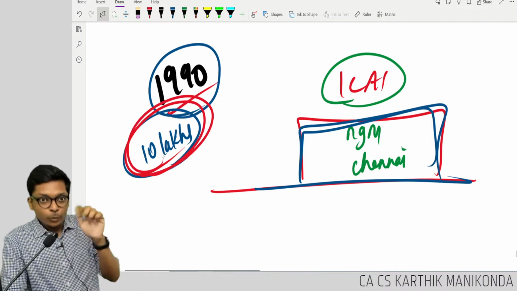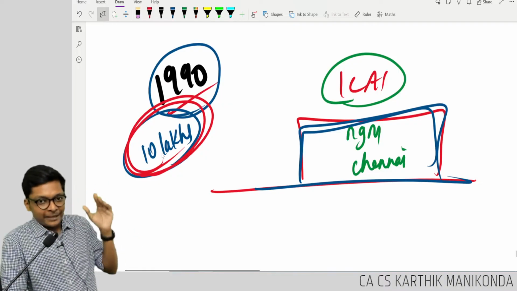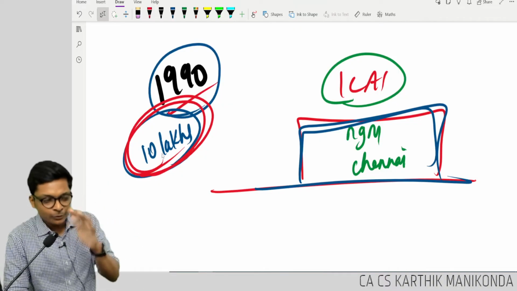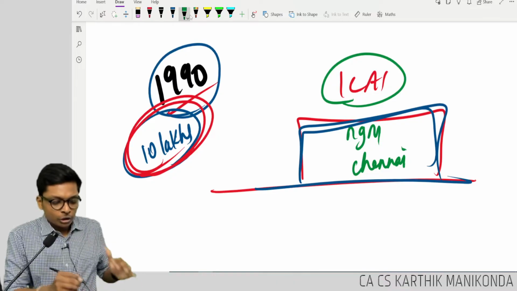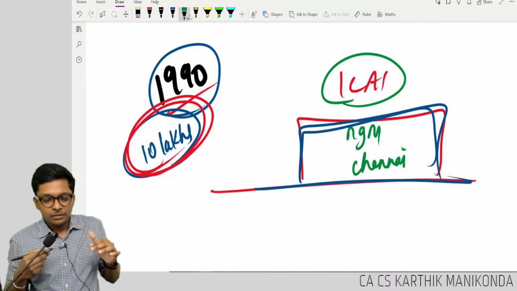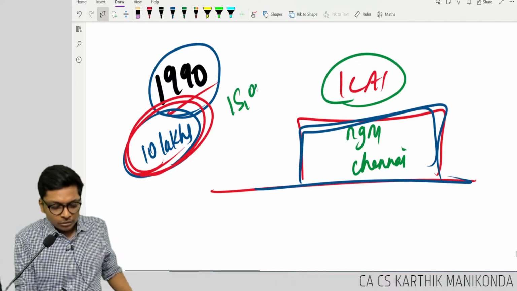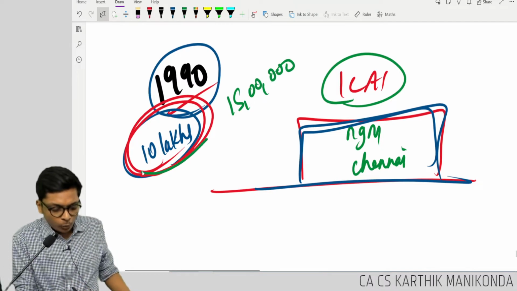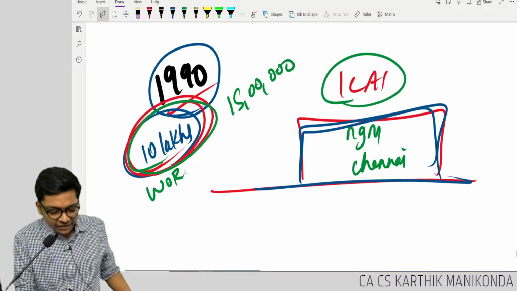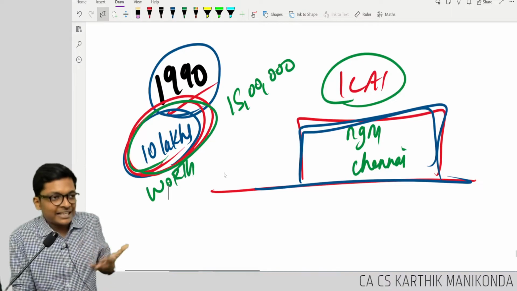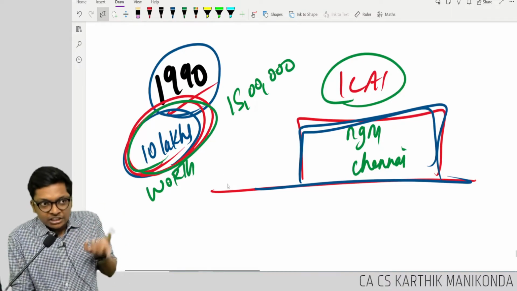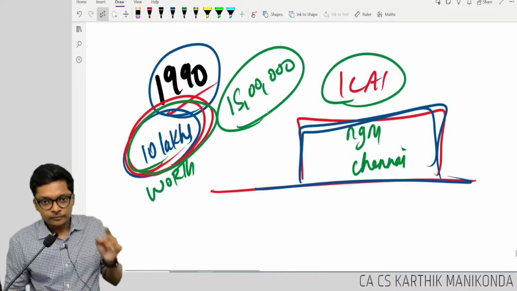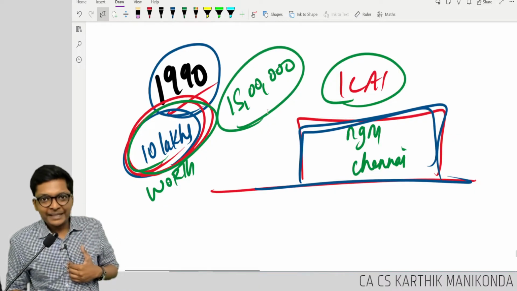10. She wanted, why she went to time travel? Why she went back? To buy that land. She doesn't want ICA to come there. So she paid that person, I will pay you 15 lakhs. Sorry, how much, what is the worth of the land? I'm just rephrasing the example, little bit change. The worth of the land that time is, she purchased it by paying. So she paid extra